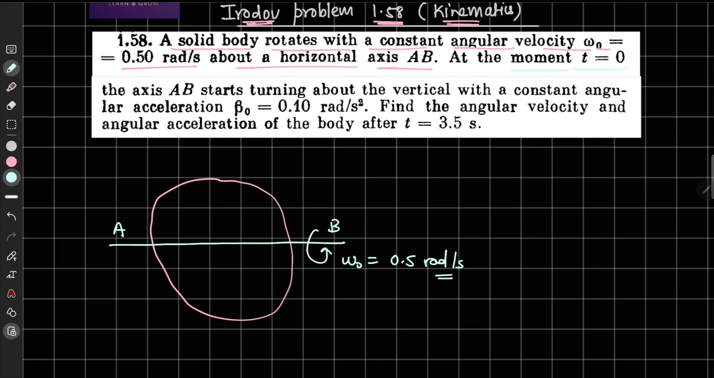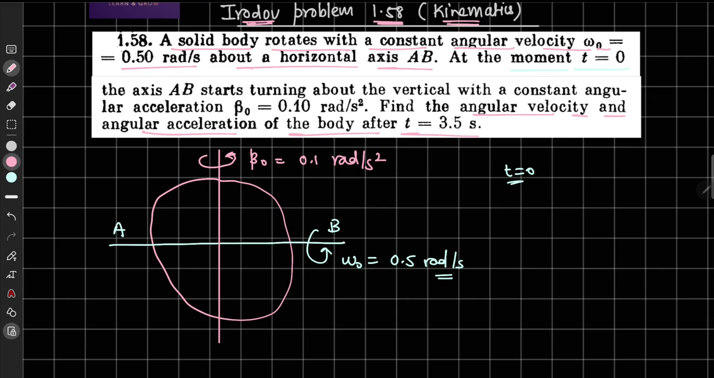At the time instant t equal to 0, the axis AB starts turning about the vertical with a constant angular acceleration of beta naught equal to 0.1 radian per second square. So let us say this is another axis, the vertical axis, and the axis AB is rotating about the vertical axis with the angular acceleration of beta naught equal to 0.1 radian per second square. Now we have to find the angular velocity and angular acceleration of the body after t equal to 3.5